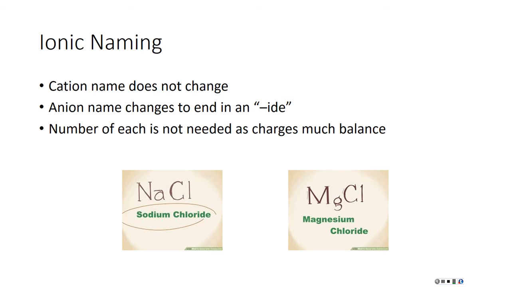Okay, then we're going to stop here for lecture today because I have to hand back the exams. Next time in class, we're going to learn about a couple add-ons to this. When we have a transition metal, we don't know the charge because the charges can be different, and then something called polyatomic ion. We'll pick up with that next time, I guess on Thursday. Okay, any last minute questions before